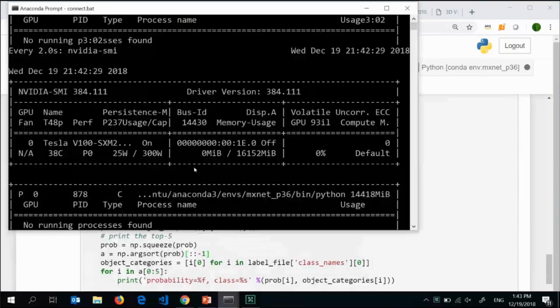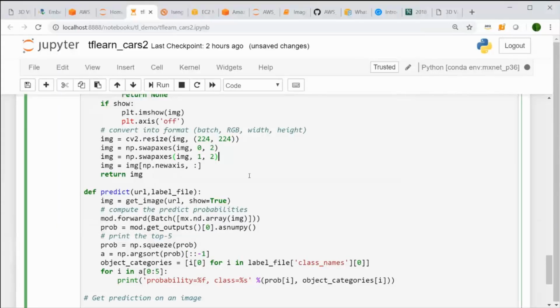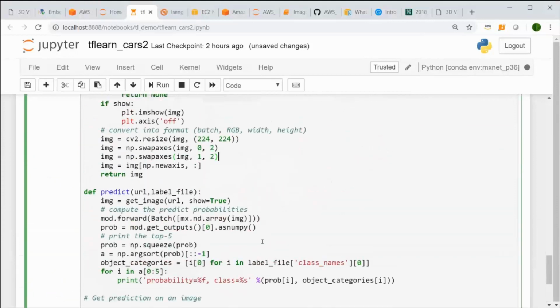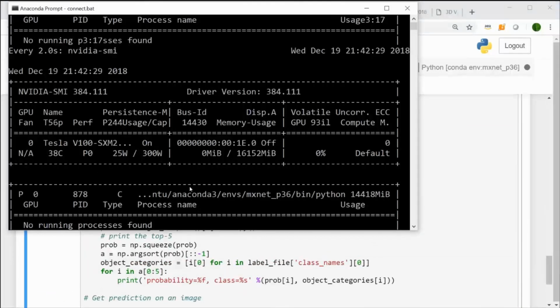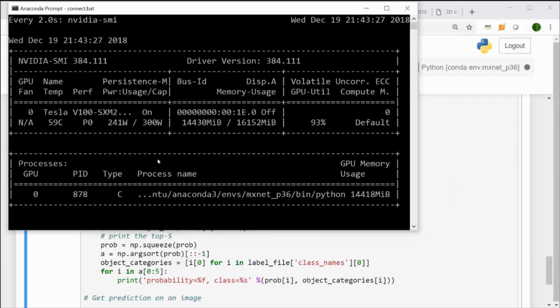Let's take a look at this to see if it's able to process it. Okay, let me run it again. Now you can see it. There's a little bit of delay there.